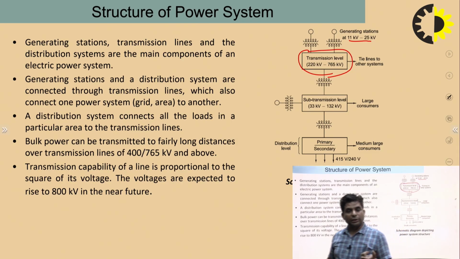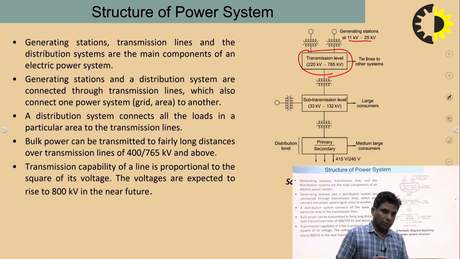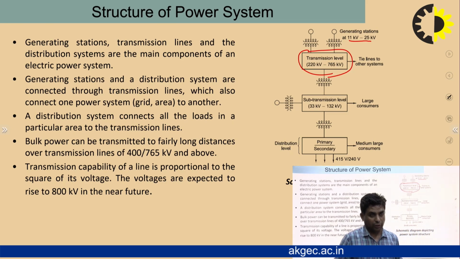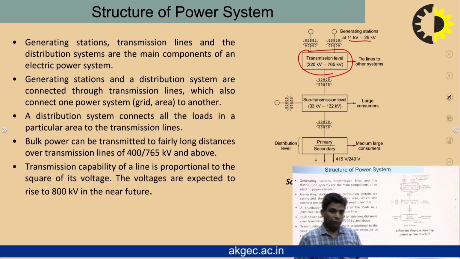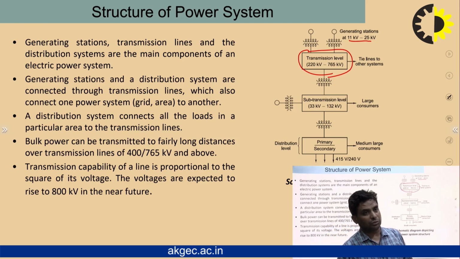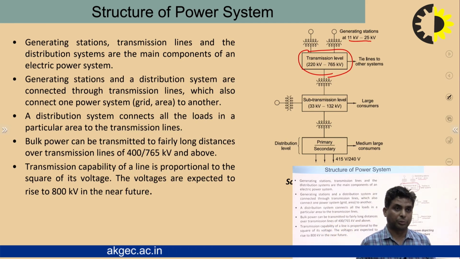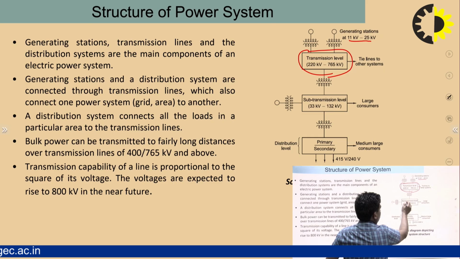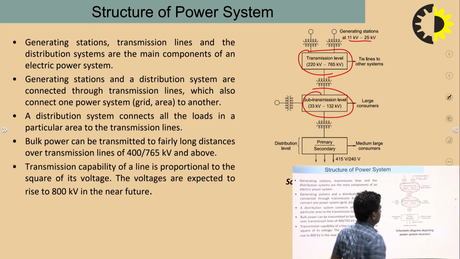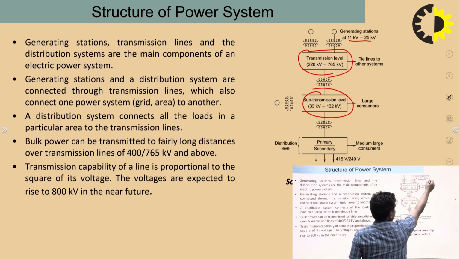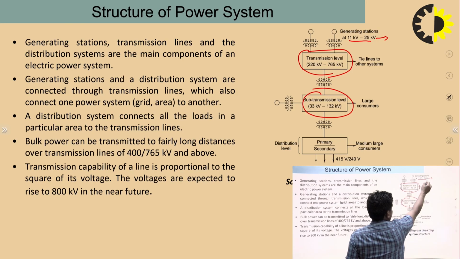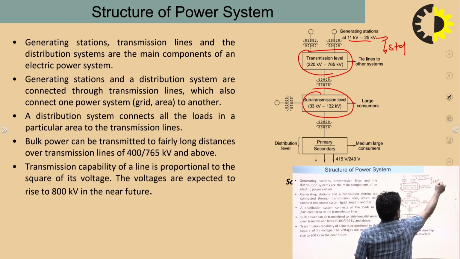The second option is that we go to the location where the energy is required, and we transport all the coal or energy resources to that location. In both cases we have to use transmission for the utilization purpose. Then again the sub transformer is used to go to the sub transmission level. So we generate at 11 kV to 25 kV, and then it is transmitted using the step up transformer